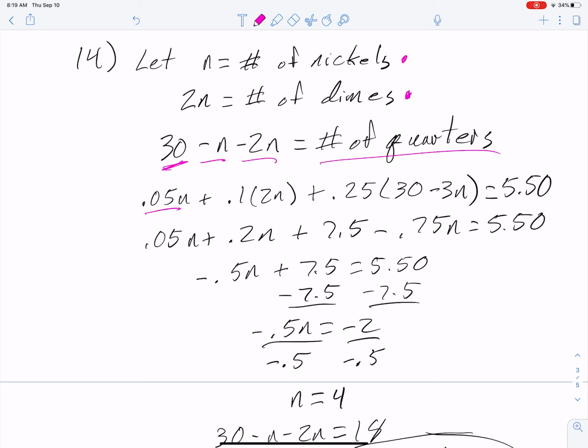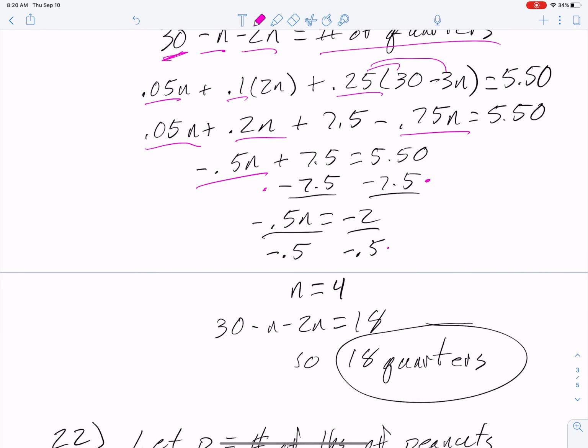The value of a nickel times n, the value of a dime times 2n, the value of a quarter times 30 minus 3n. I do my distribution and my multiplication, and I'm able to start combining like terms. 0.05, 0.2, 0.75. If I add the 0.05 and the 0.2 and then subtract the 0.75, I get negative 0.5n. From there, I'm able to subtract my 7.5 from both sides, divide by 0.5, and I now know the n